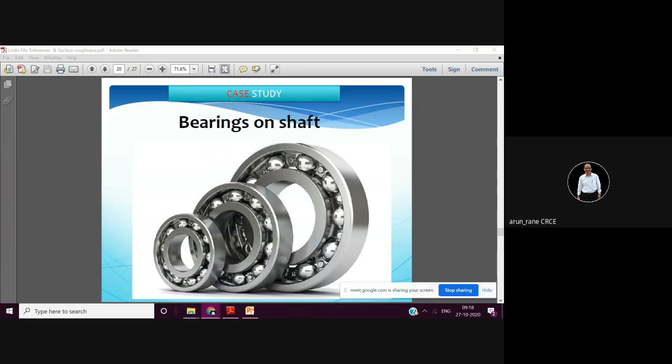Now, how is the bearing fitted? Remember, students sometimes are not able to identify the parts also, which is bearing, which is ball bearing, which is roller bearing, which is thrust bearing in the interviews. They are also told that they don't know how to use the vernier, how to use the micrometer, because now the internship and placement is going on.